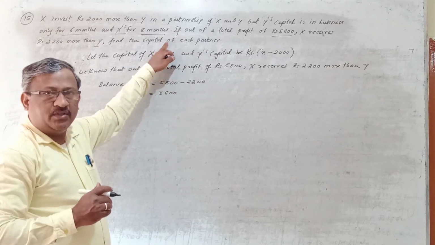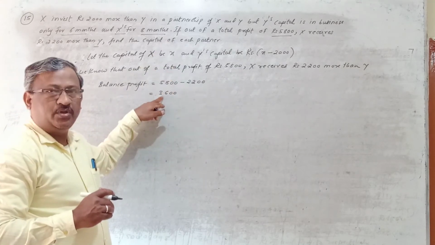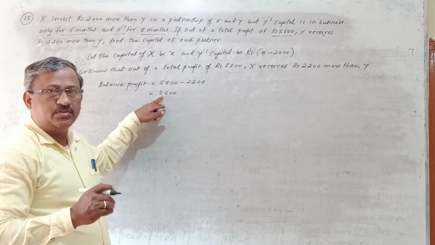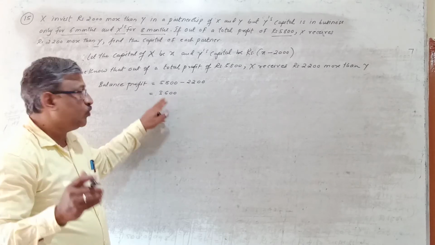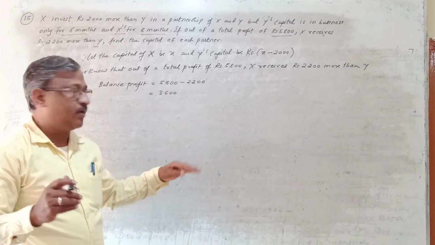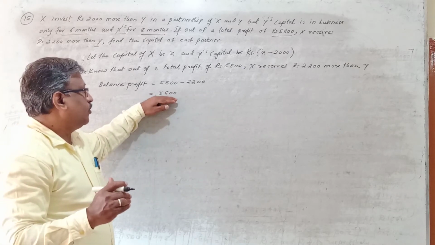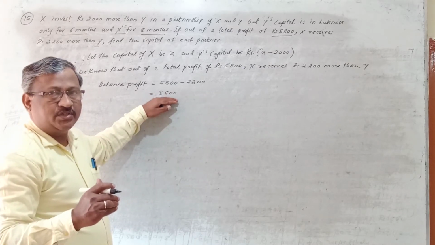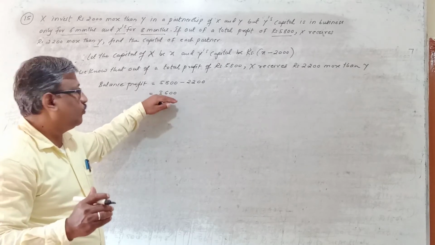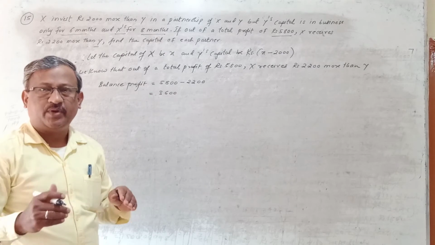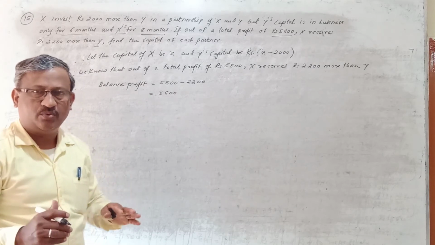It is not given in the problem. So why we have to distribute this profit 3,600 equally? To calculate the share. That reason you have to remember. To calculate the total share of X and Y. So we are distributing this 3,600 rupees balance profit between X and Y equally, because up to 3,600 both have to get same share. That's why we are distributing equally.